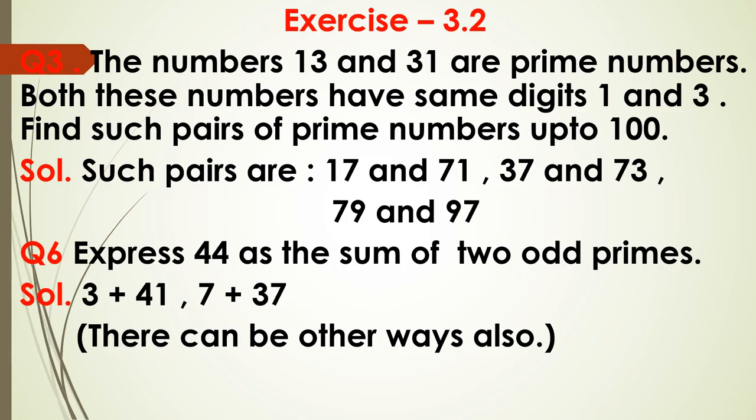In question number 6, there are many parts. I have done only one part for you so that you can understand. Okay? Is this clear? You have to find out sum of 2 odd primes. 2 numbers plus prime numbers and odd numbers also. Prime numbers are all odd except 2. That means you can't take 2.